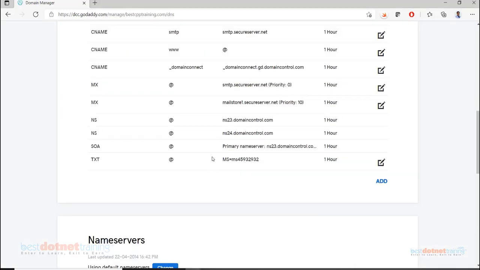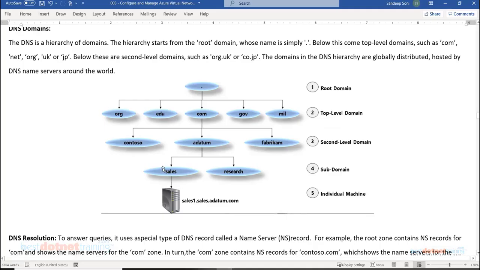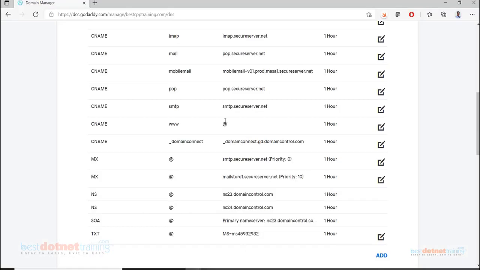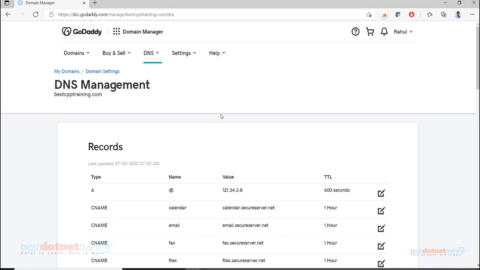This kind of DNS server we will provision in our network. But Azure already has one if you don't want to create your own server, and that's what is used by default for all the virtual machines to communicate with each other by their names.